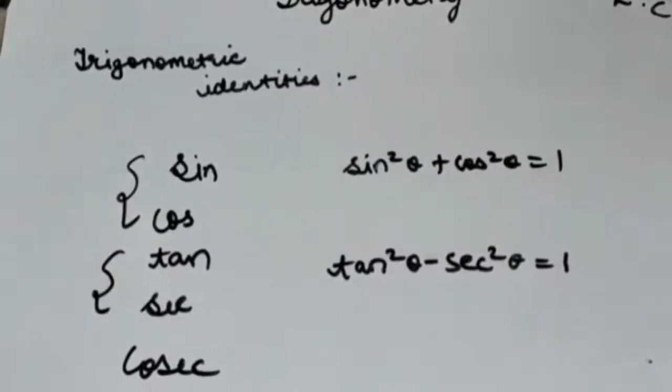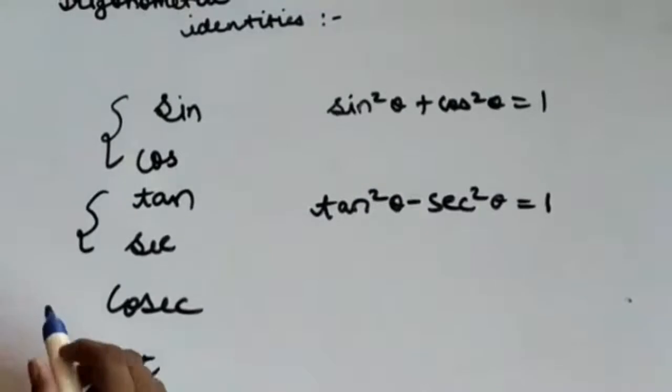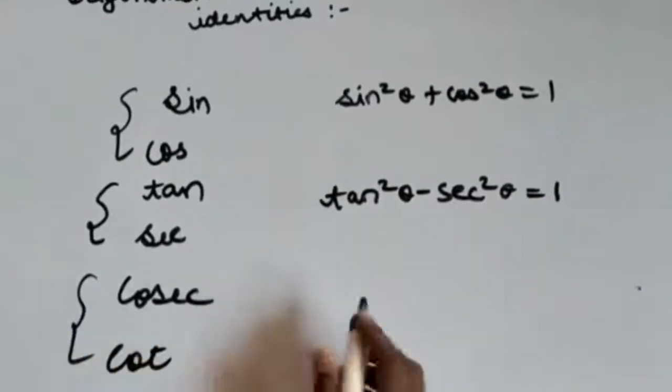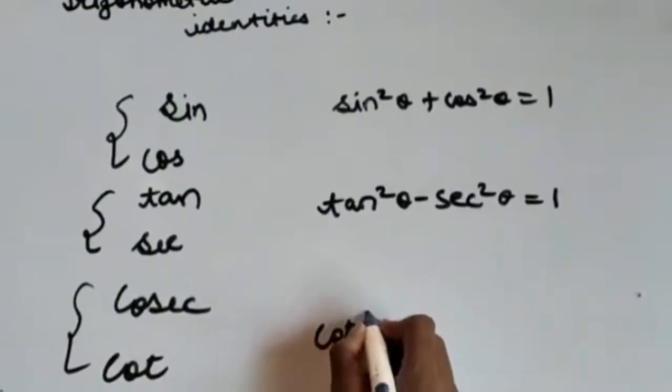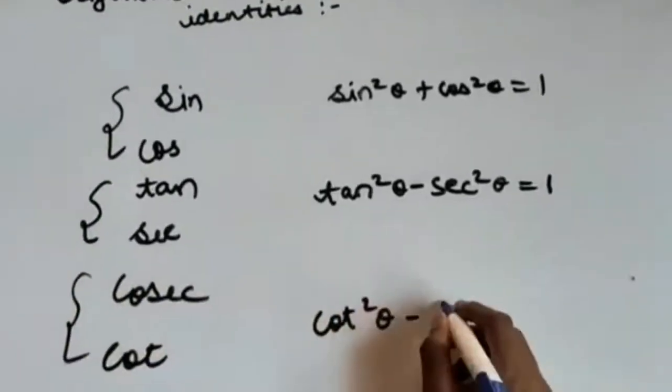And for the last trigonometric identity we have to use the last two trigonometric ratios, that is cot square theta minus cosec square theta